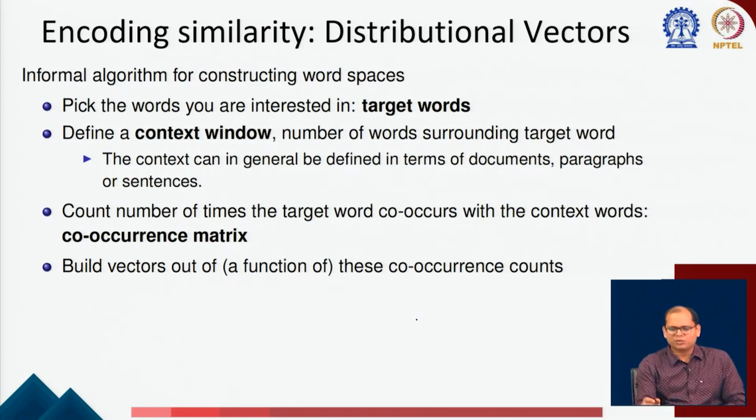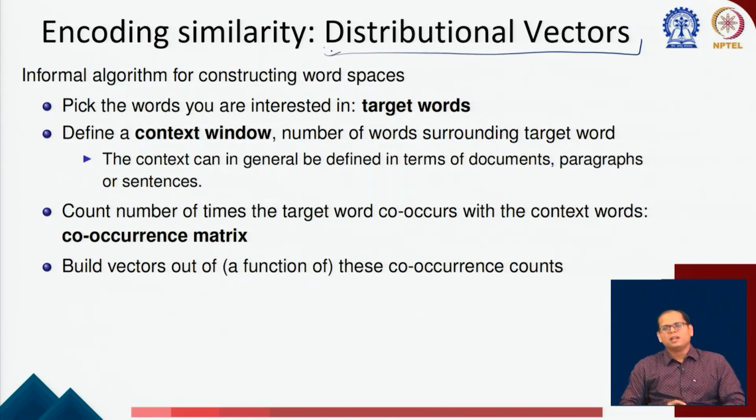So one way is you can use distributional vectors. You capture distributional patterns. So this is one algorithm for computing distributional vectors. So what you can do? You have some target words that you want to build the word vector for, and what you do